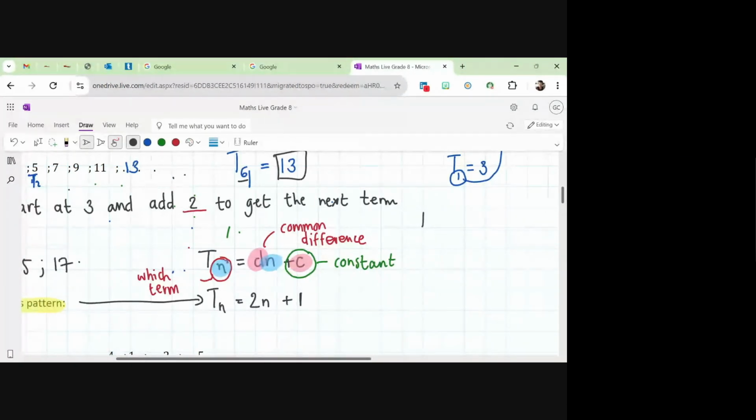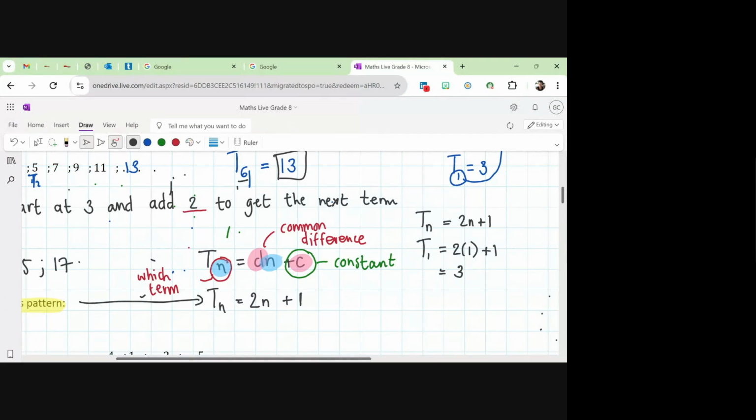All right, so we said our formula is Tn is equal to 2n plus 1. Now, if I replace n with 1, I'm going to get T1 is equal to 2, and there's an n, so I need to replace the n with a 1, but I'm going to put it in brackets because 2n together means they're being multiplied. So 2 times 1 plus 1 will give me 3. And that is in fact true. If we look back at our pattern,